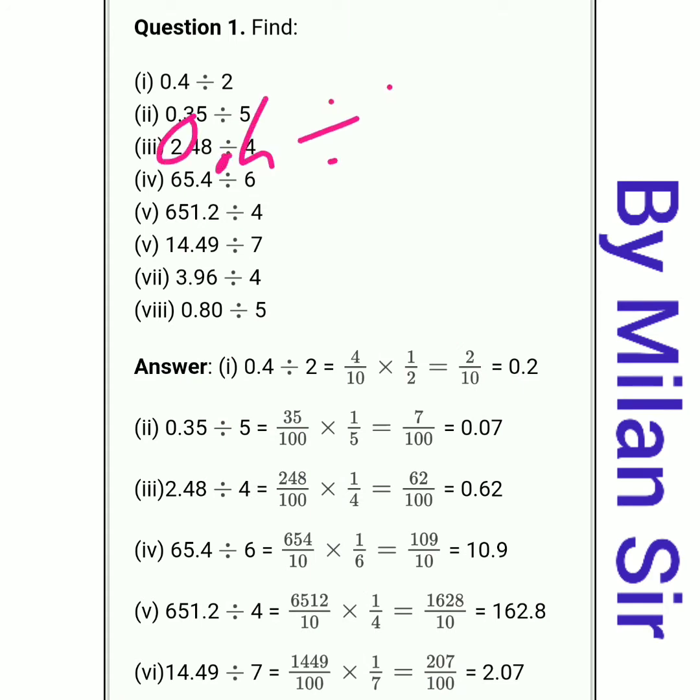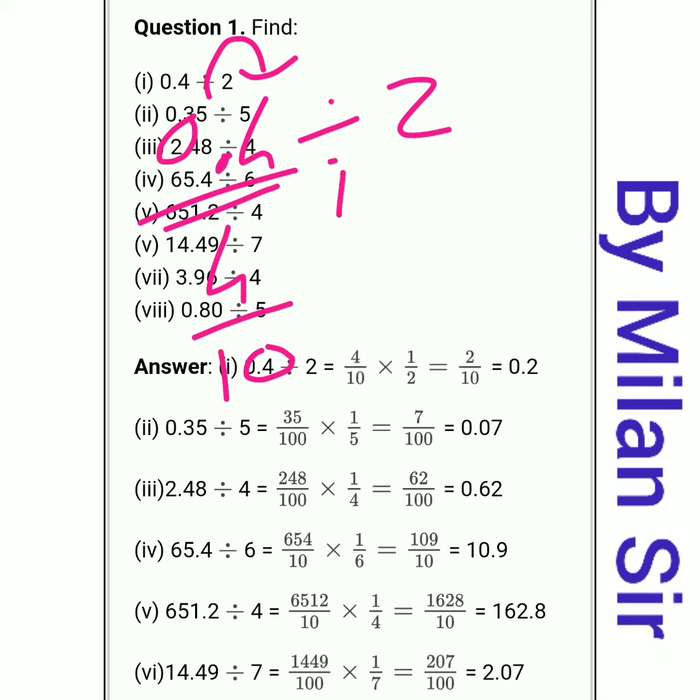Okay, again, 0.4 divided by 2. First of all, convert this number into fraction. So ignore the decimal point, 4. Here after decimal point we have one digit, so here we need to put 1 0 and before that 1. Then we need to convert this division into multiplication. Okay, and we need to take reciprocal of our second number. Here nothing is present in denominator, so we can write 1. Now we need to take reciprocal of 2 by 1. It is 1 by 2. We need to change the numerator and denominator.